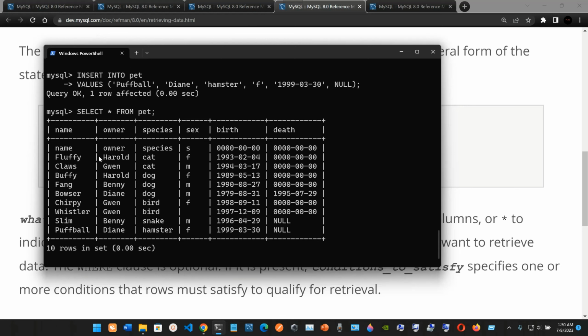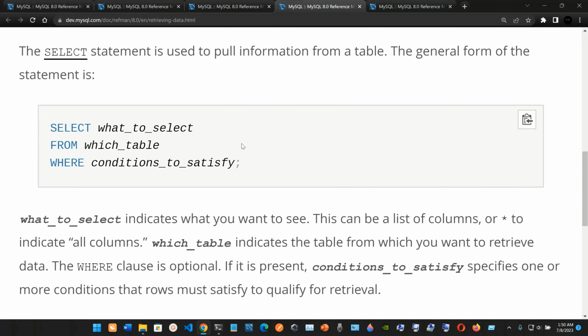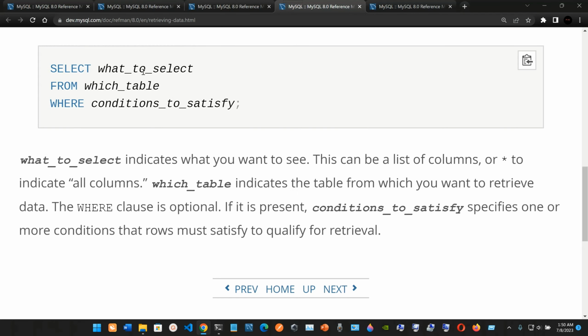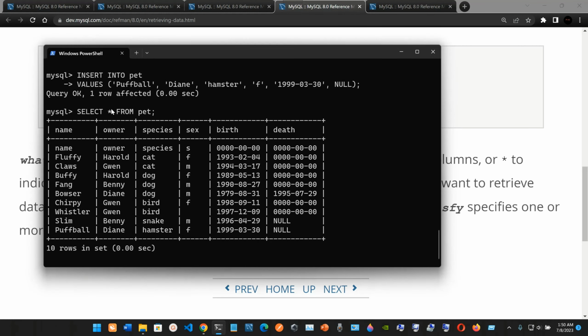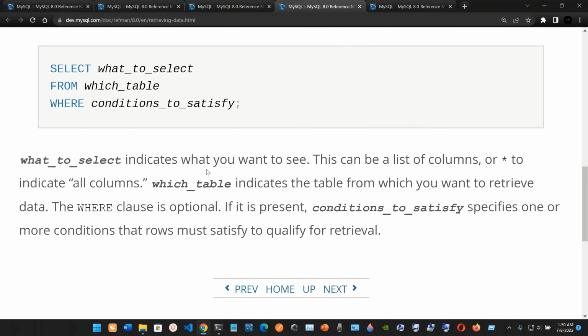So this is pretty much what I was doing here. SELECT * FROM pet, and here what_to_select indicates what you want to see. This can be a list of columns or an asterisk to indicate all columns. As you can see, I'm typing SELECT *, and this asterisk represents all columns. Which_table, they're talking about this one, indicates the table from which you